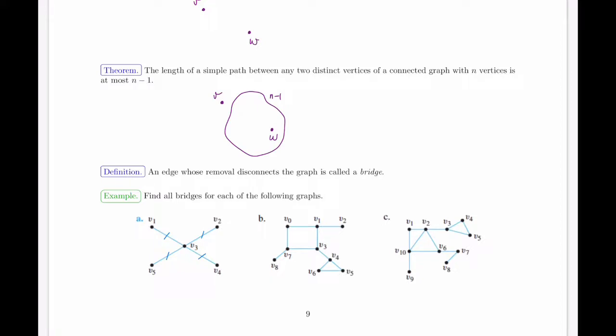which means that neither of those edges are a bridge. However, if I cut this edge out, that will disconnect the graph because it will cut off V2 from anything else. So this edge is a bridge. If I cut this edge out, same thing. If I cut this edge in the middle, it will also be a bridge. So this is a bridge and this is a bridge. And I notice not only that no edge in a cycle is a bridge, but also it holds both ways. If I have a bridge, it must not be in a cycle. So no edge in a cycle or a circuit, more generally, is a bridge.